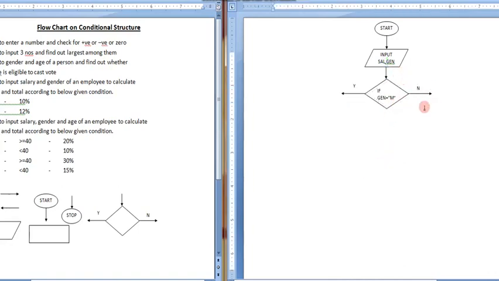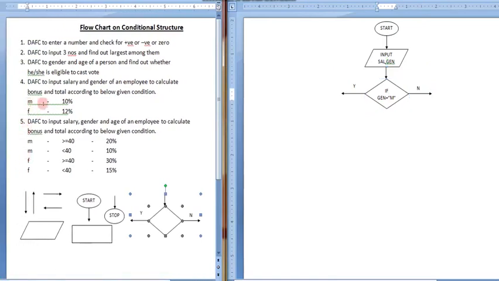Now there will be yes, there will be no. If the person is male, then how much will be the bonus? Bonus will be 10%, as in the question it is given that for male it has to be 10%. So the bonus is 10%, not an amount. Because it is a percent, we need to calculate it on salary.